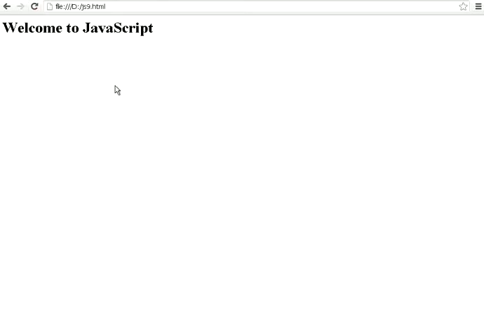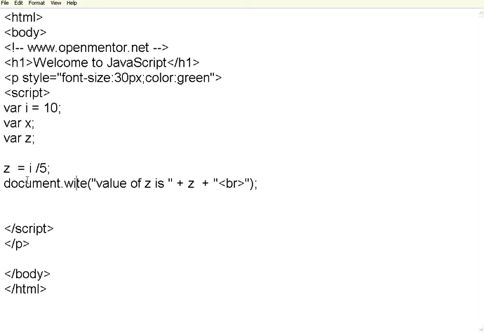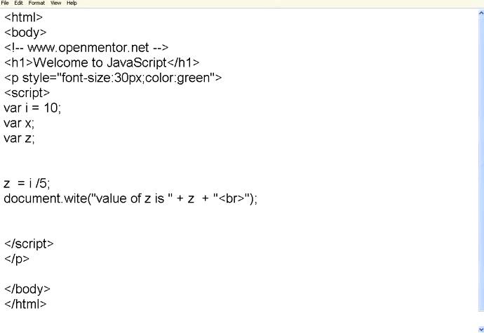Nothing shows up. In Internet Explorer, it may even show a JavaScript error. So in those cases, what should I do? Errors will happen. Everybody is a human being. There is a chance of error. Unless we have proper testing done, it may lead to problems. So I know I can correct this, but even if there are some uncaught errors, we need to have some mechanism to get over it. To do that, we use try catch block.